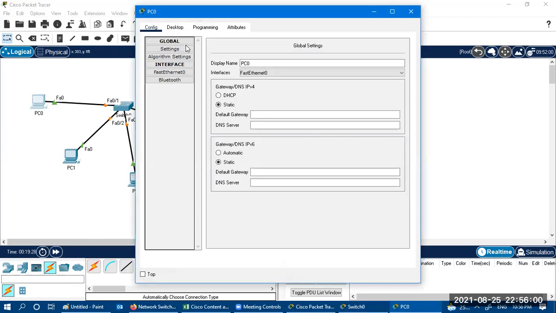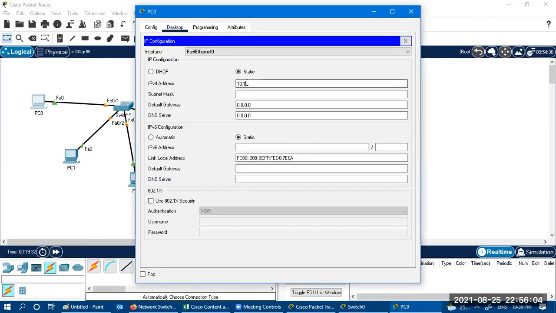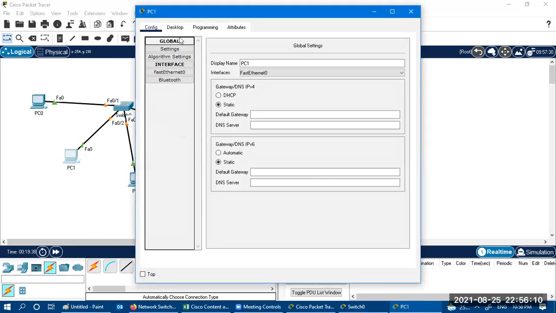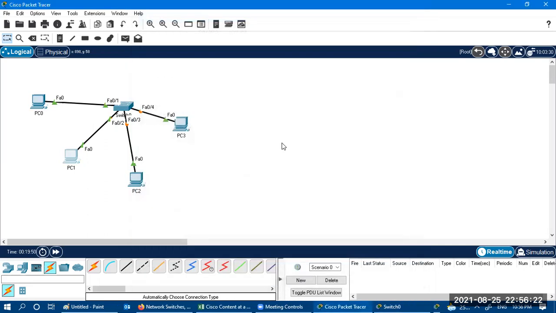So click on the PC, then click on desktop and define the IP, 10.1.1.1 with subnet mask 255.255.255.0. Default gateway is not required. Then 10.1.1.2 with 255.255.255.0.